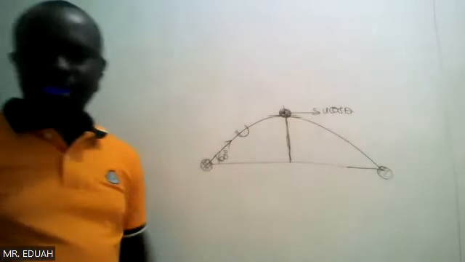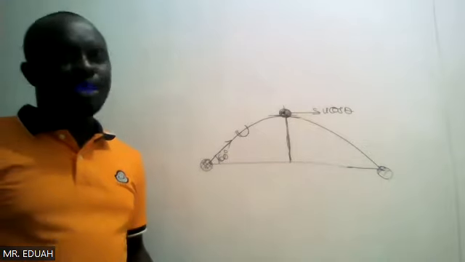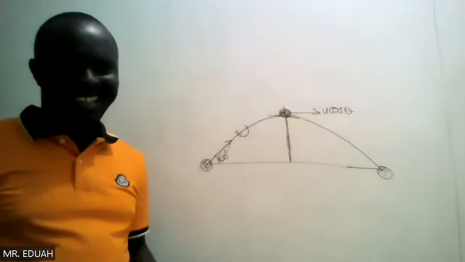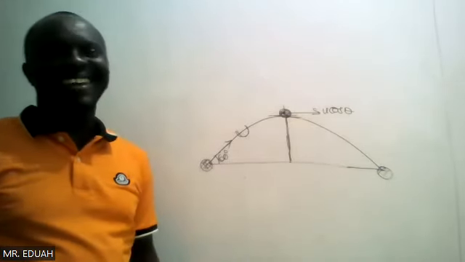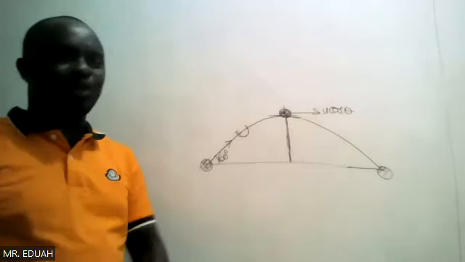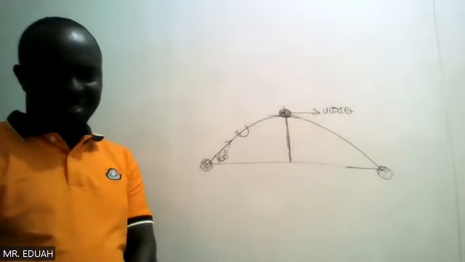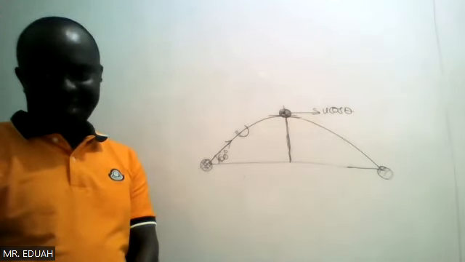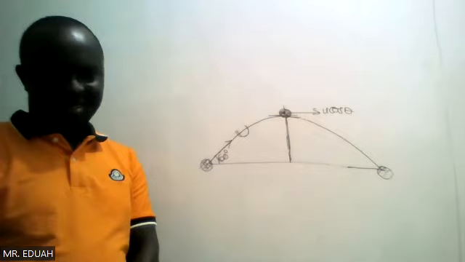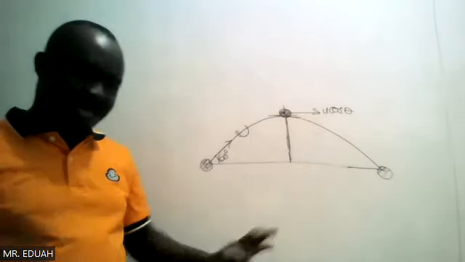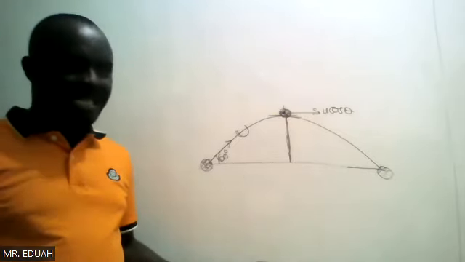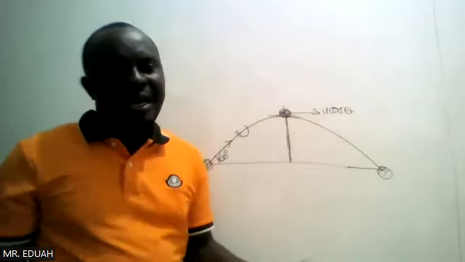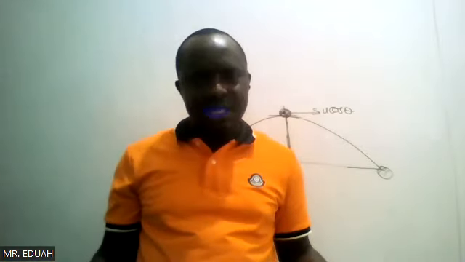It will increase. Why do you think it will increase? Because potential energy deals with the position of the object. Exactly. And it deals with the height of the object within the